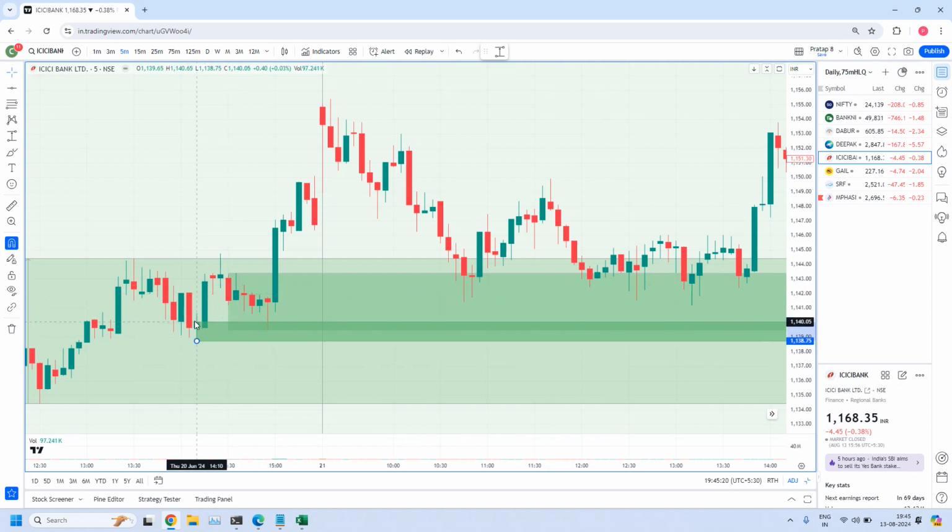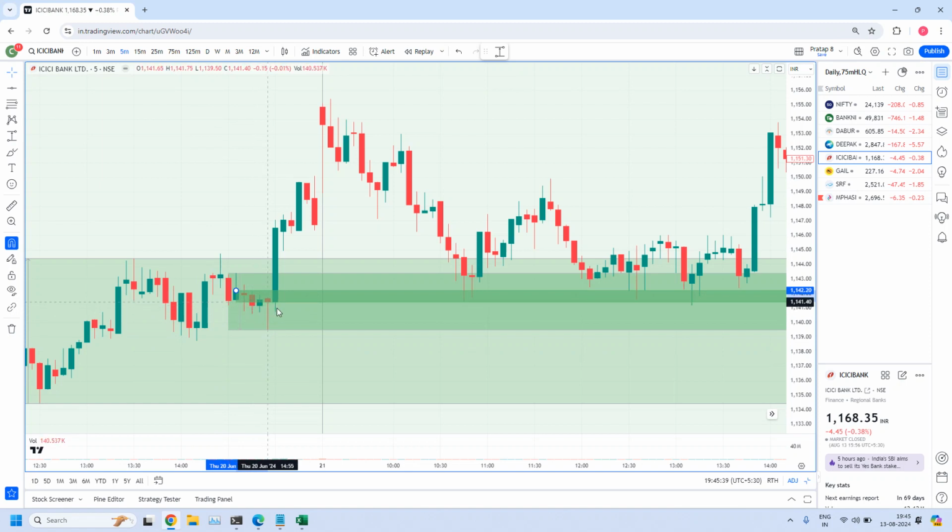You can also further fine tune like this. This entire 5-minute zone is responsible for this 15-minute zone. This entire thing is the 15-minute zone. That way also you can plan a trade. But here, this is already a valid area. Because this is a valid area, I have drawn the zone like this.